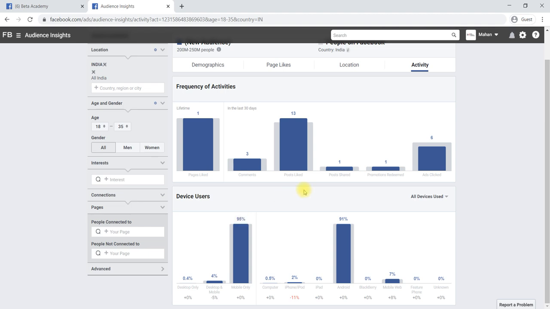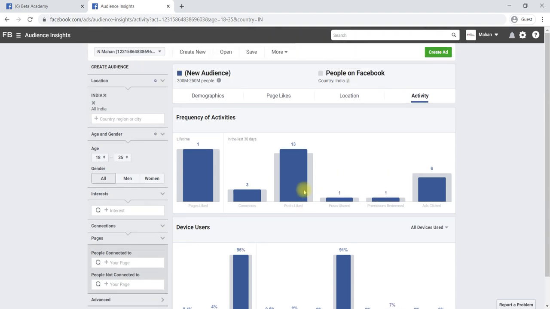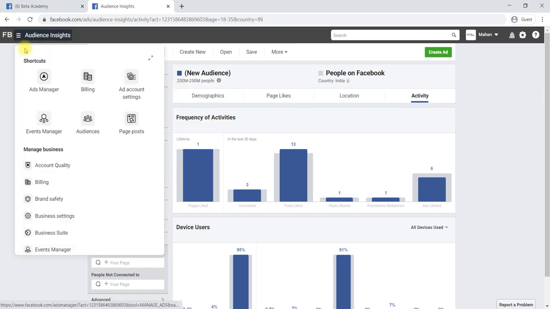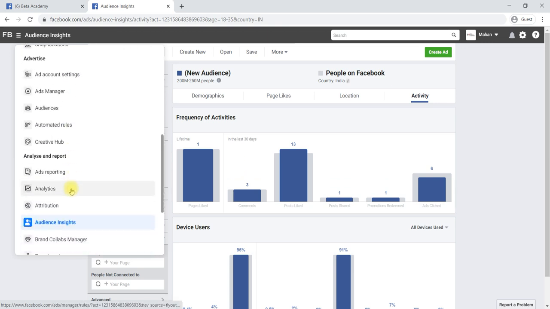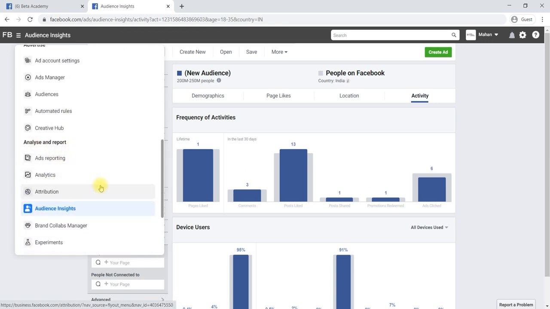So this will help one to analyze the entire audience. Here we have analyzed the audience which you thought of targeting. These audience are like this, so that you can create content to match this particular audience. Okay, this is about how we can analyze the audience as well as our previous posts by using the analysis and reports section.